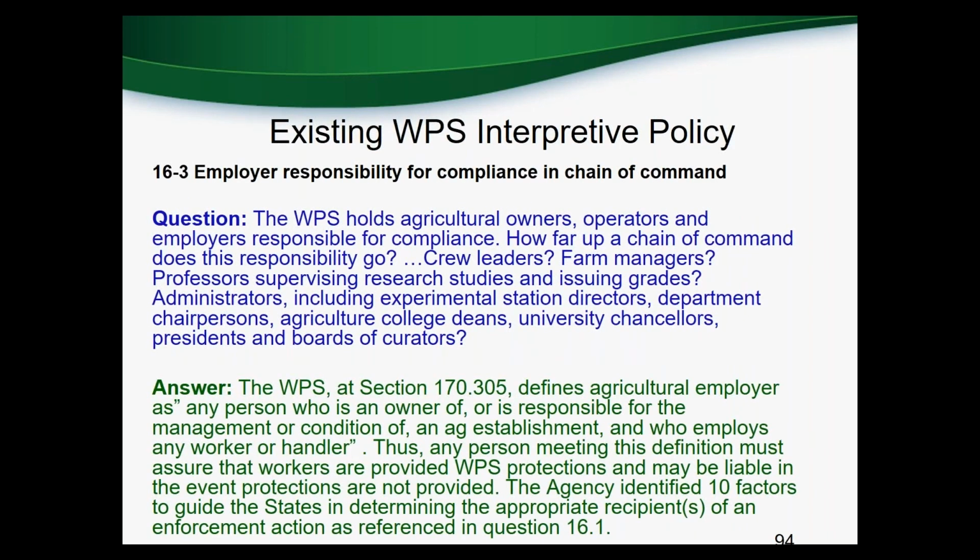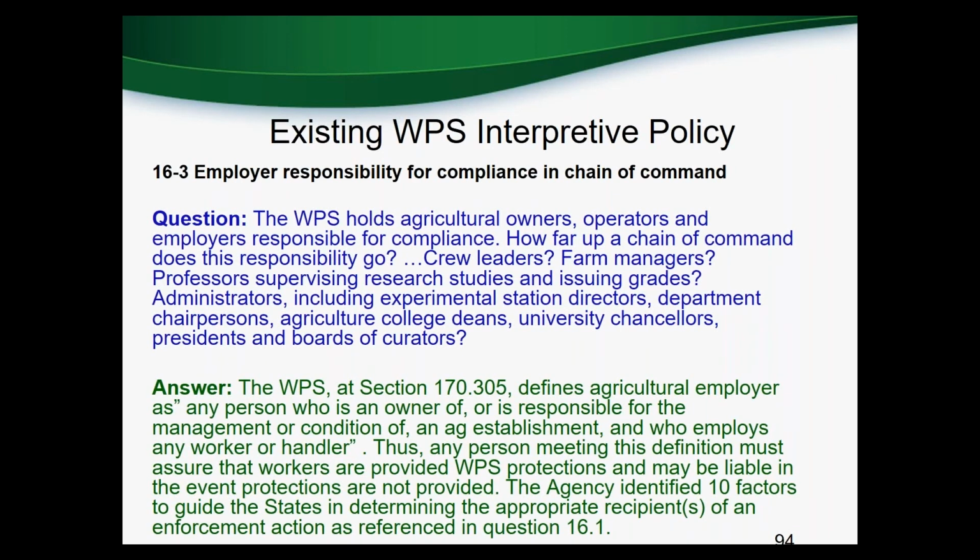Next slide. Last thing we want to mention is the existing WPS Interpretive Policy 16-3. The reason this is important is it just pulls in the previous information we talked about, the FIFRA requirement that says an employer is responsible for anyone that they hire. And so essentially what this says is when you're looking at an incident at an establishment and who is responsible, the WPS is structured so that we can hold not only the direct farm manager or a crew leader responsible, but